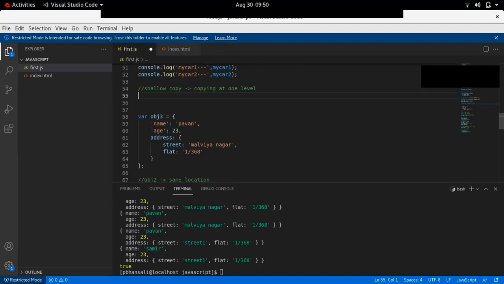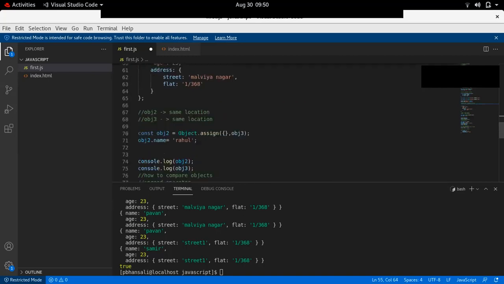If you want to copy the entire object within an object, that is called a deep copy. In interviews, they will ask what is a deep copy, what is a shallow copy, and at which level the spread operator copies. You can say it copies at the shallow copy level. Deep copy is copying all the levels within an object or array.